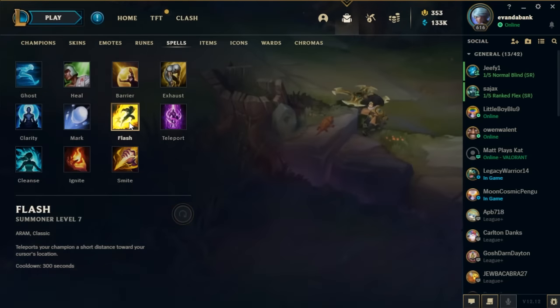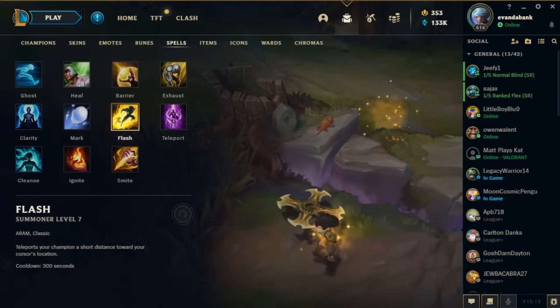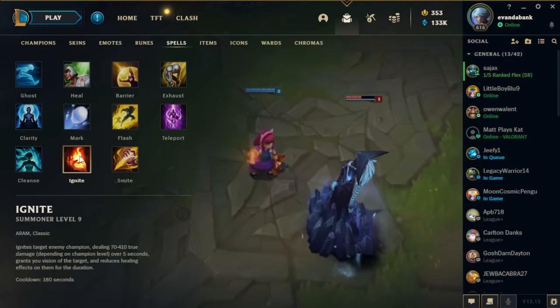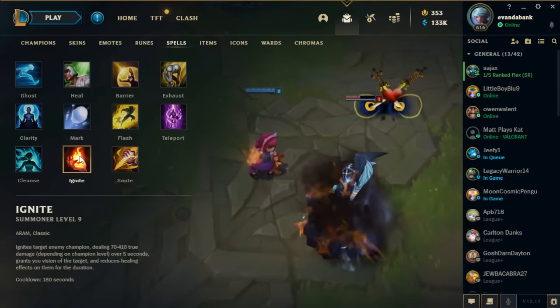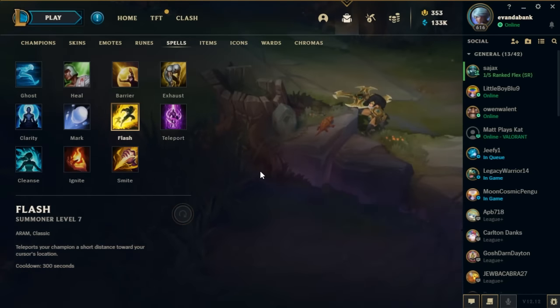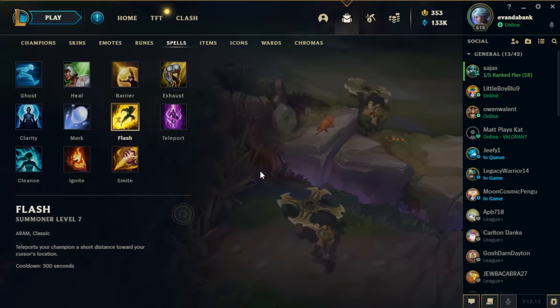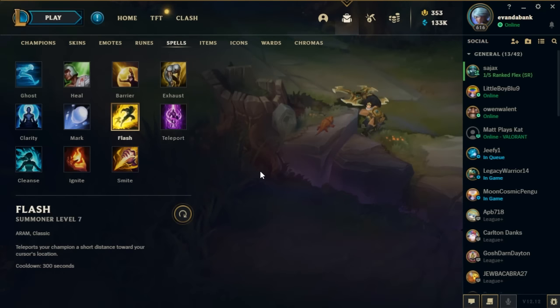Obviously, Flash is a really good summoner spell, and you can run Flash with Teleport or Flash with Ignite. Now, I personally don't run Flash. The reason for this is because Kled has a lot of target access, actually. His ult allows him to dash to an enemy, and his E gives him the ability to actually dash twice,